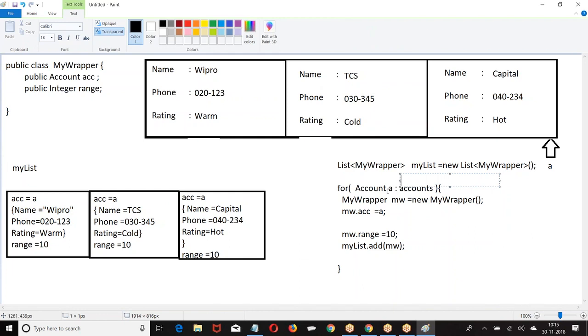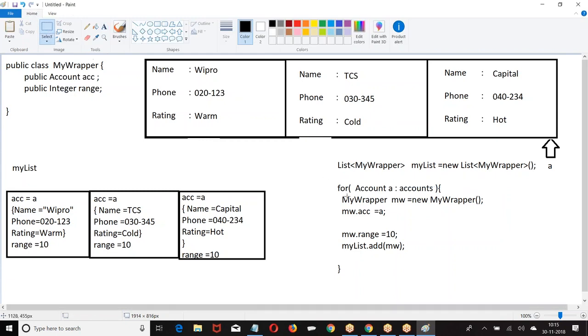A is referring to one account at a time. If you have a list of accounts, how do you refer to them one by one? Account A colon accounts, right? Did you follow that line? Yes, I followed that line, but accounts is like all three records. Exactly, it is the name of the list.